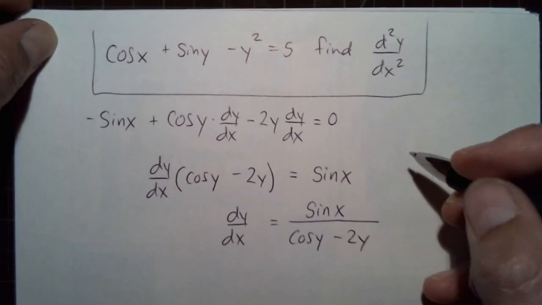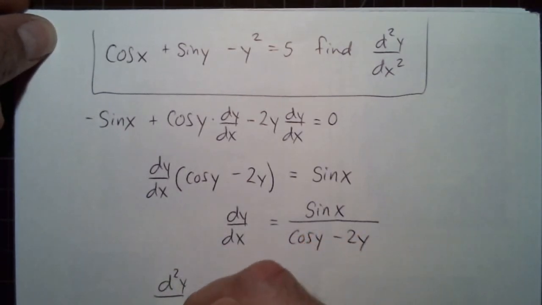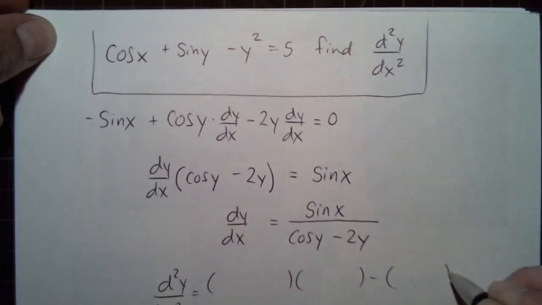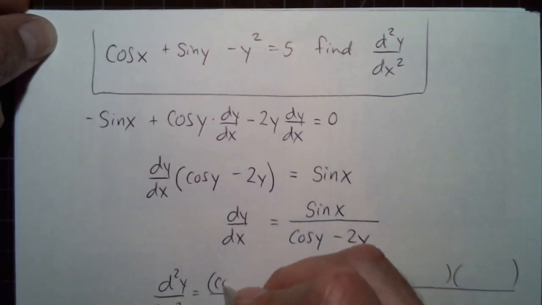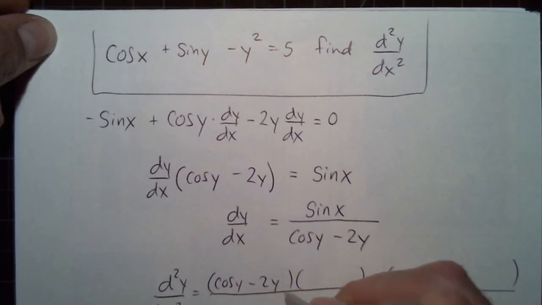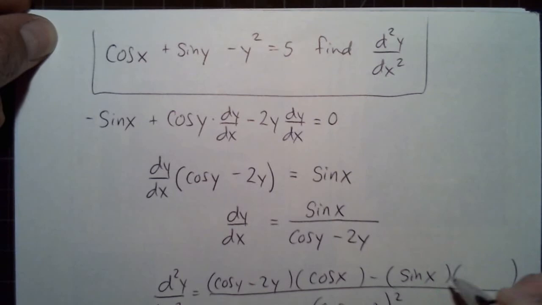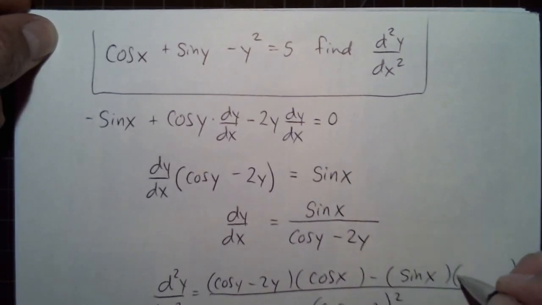Then we'll find the second derivative with the quotient rule. So we have the denominator times the derivative of the numerator minus the numerator times the derivative of the denominator. So the derivative of this is negative sine y dy dx